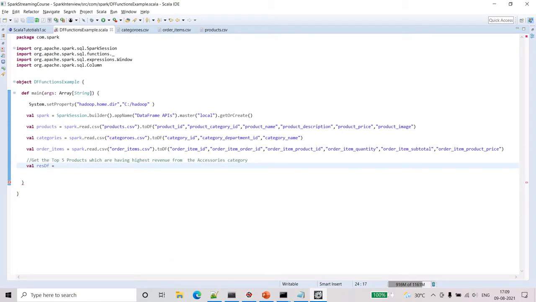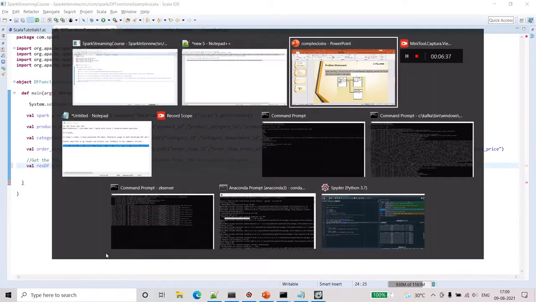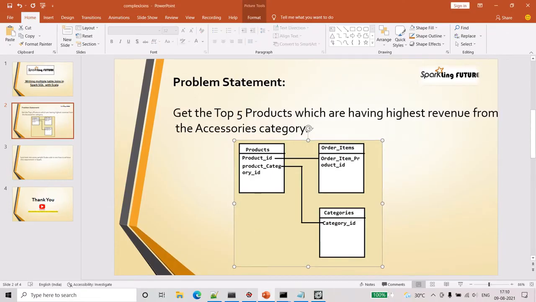In this result data frame, first we need to get the products, because if you see the diagram that I have shown, product is the table which has join conditions with both the tables.